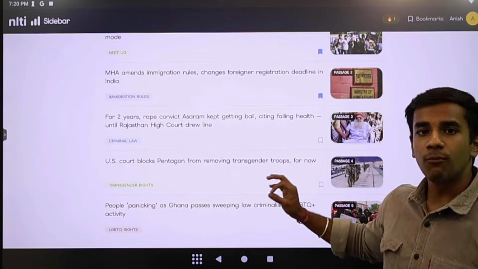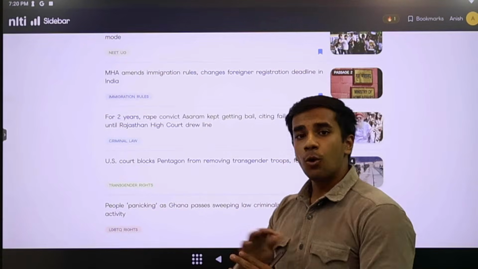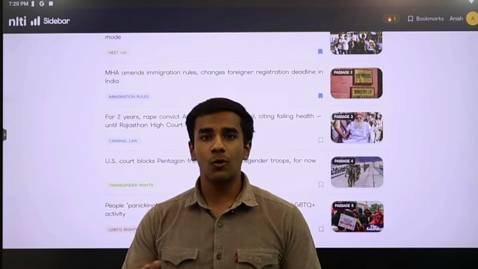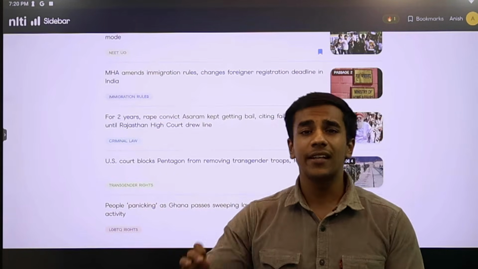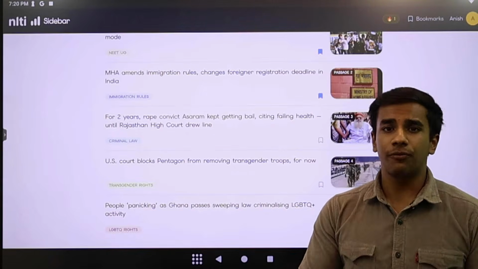So these are the 5 most important topics for the day. Now you don't have to go to any other source. You don't have to look at The Hindu editorial analysis. You don't have to go to GK Today or any other UPSC websites just to figure out which topic is